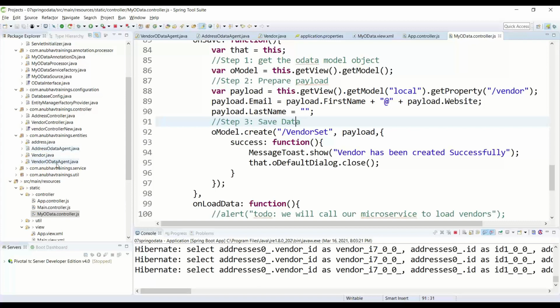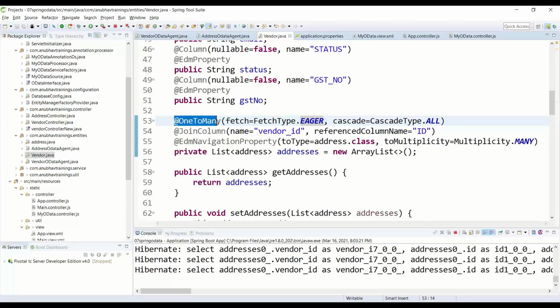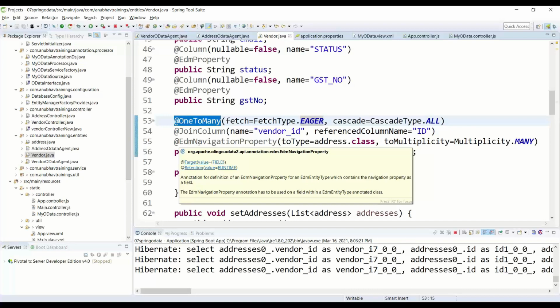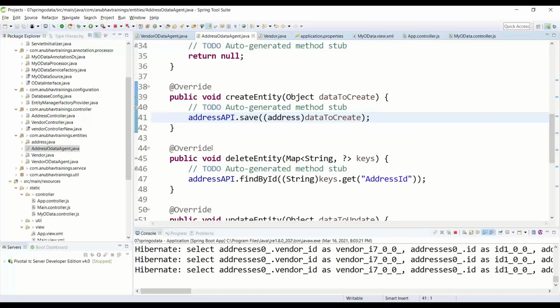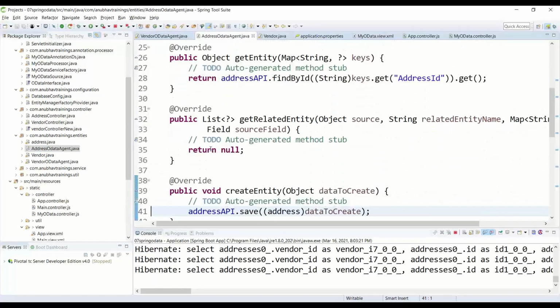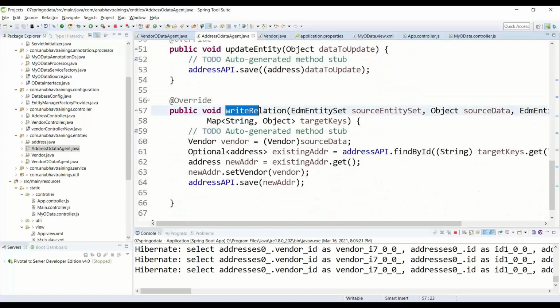This is a complex data model where we have multiple entity sets, and this relationship is one to many, which we created at the entity level in our Java Bean. Then we implemented the address OData agent, which is a dependent entity. All the CRUD operations were implemented along with writing the relationship of the vendor and address data together.